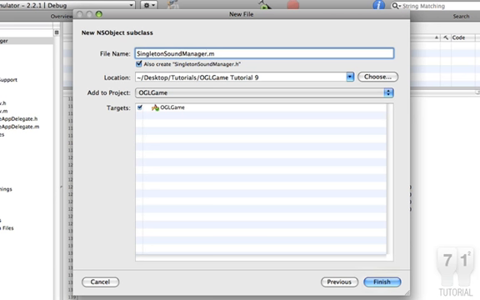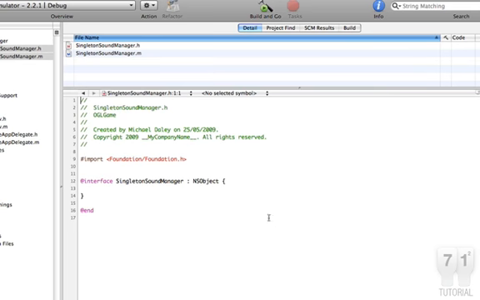This is going to be a singleton class, so you'll only ever be able to create one instance of this class, because it's going to cache our sound effects for us. It's going to make it nice and easy for us to, from anywhere in our game, call a sound effect and have that play. And we don't actually then have to keep track of any of the state of the sounds, because that's being done for us by both OpenAL, which we can query, and also by our Sound Manager class. So we'll finish there,